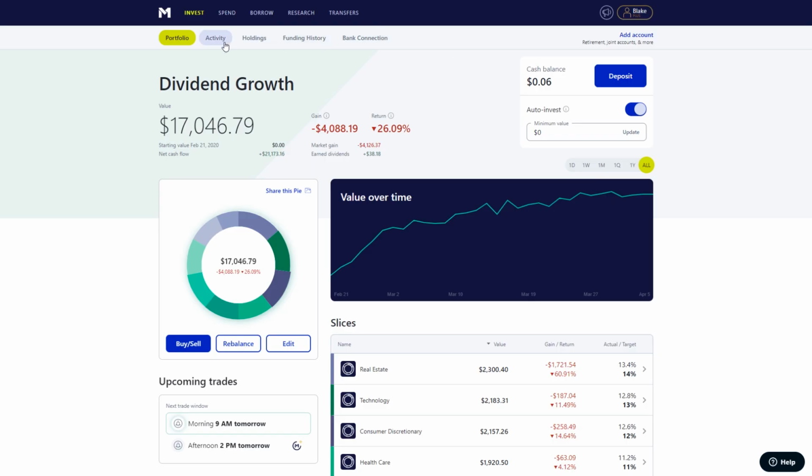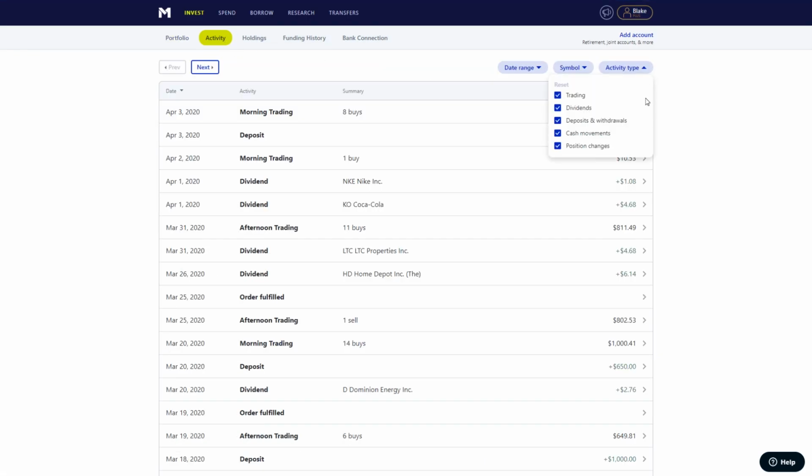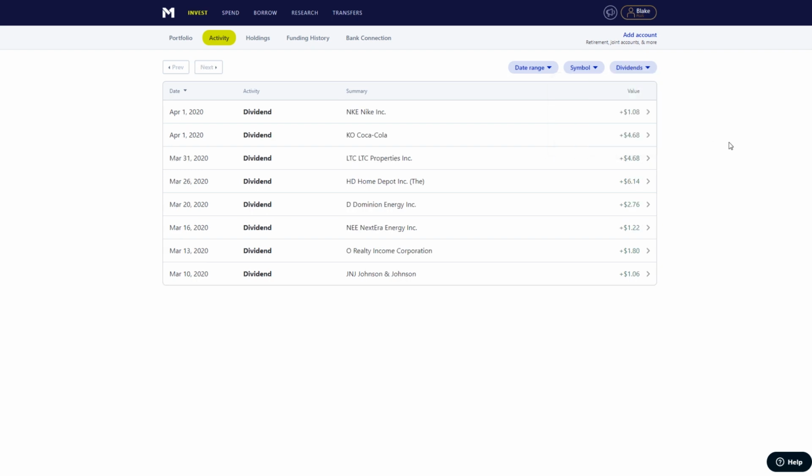So if we go to our activity page and we sort by dividends only, here is the dividends that I've actually received. We have $1.08 there for Nike, $4.68 for Coca-Cola, another $4.68 for LTC Properties, $6.14 for Home Depot, and so on. So this is actual money that I received in dividends, and that money gets reinvested into the